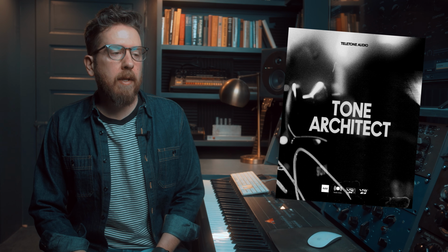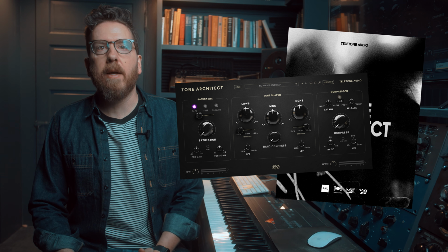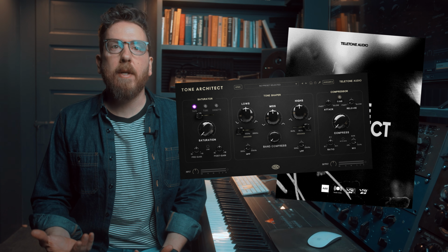I wanted to do a quick demonstration today of how I use Tone Architect with electric guitar. In case you didn't know, Tone Architect is an effects plugin that we released that utilizes 3 different types of saturation, a compressor, it has high and low pass filters, and a multi-band compressor that acts similarly to a Pultec